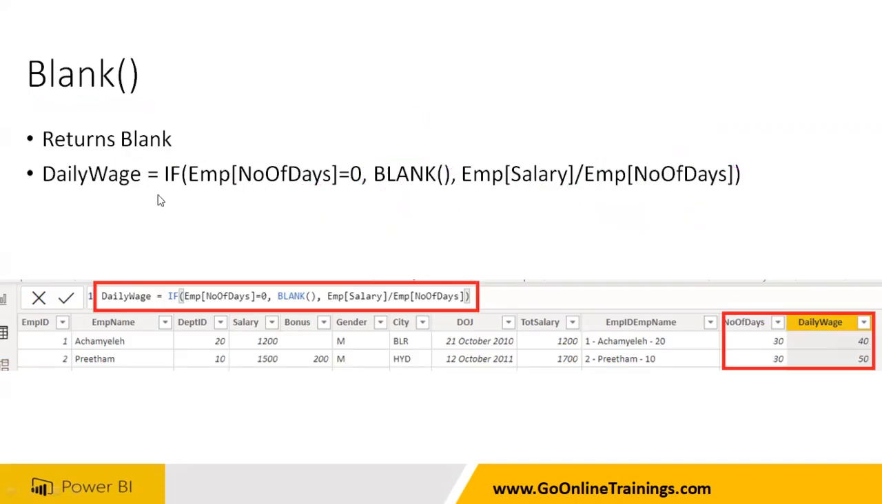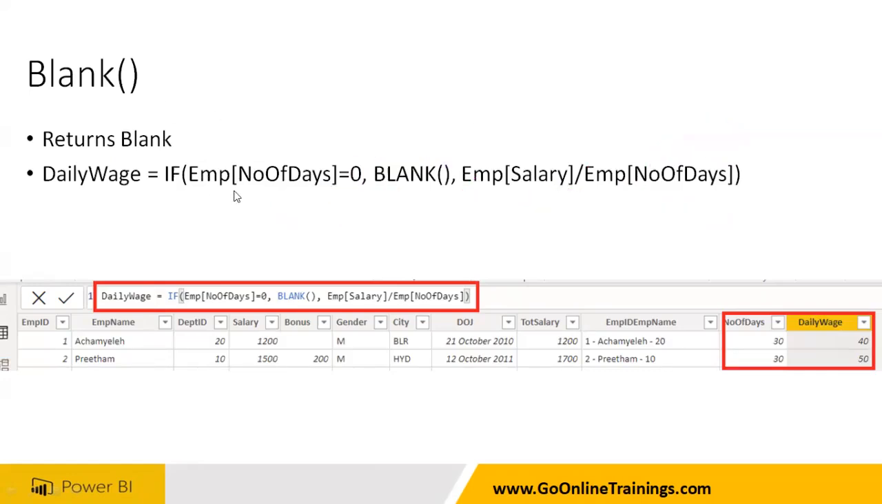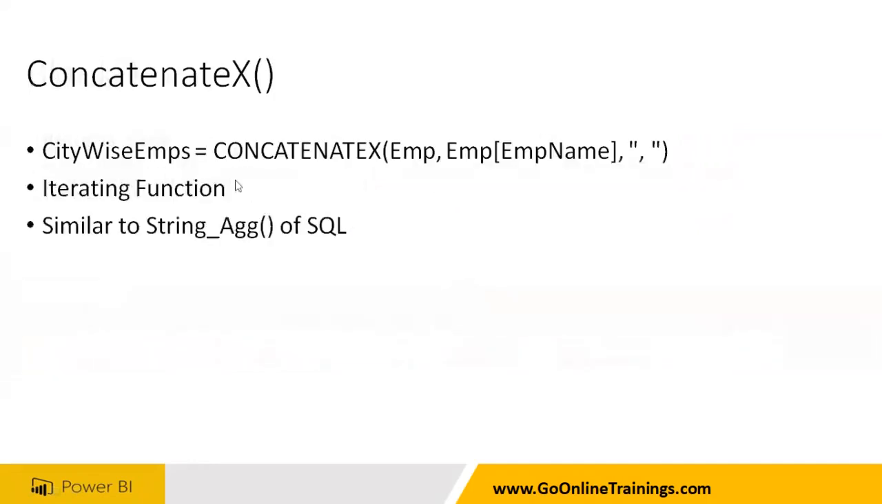It is simply self-explanatory. If employee number of days equals 0, if this is true, give the blank. Otherwise, you have to give the value. If it is 0, then normally we'll get infinity. Instead of getting infinity, if you write like this, you will be able to get the null. Blank means null value. Remember that. So that is what is called BLANK. You can just practice this. It is not very complicated. So we have to understand